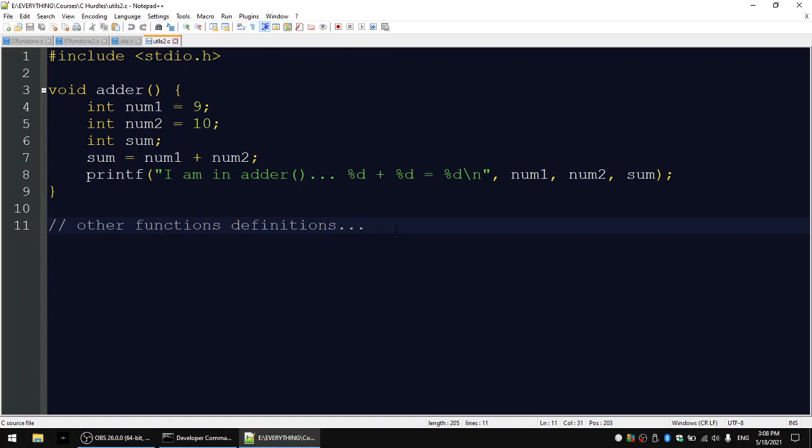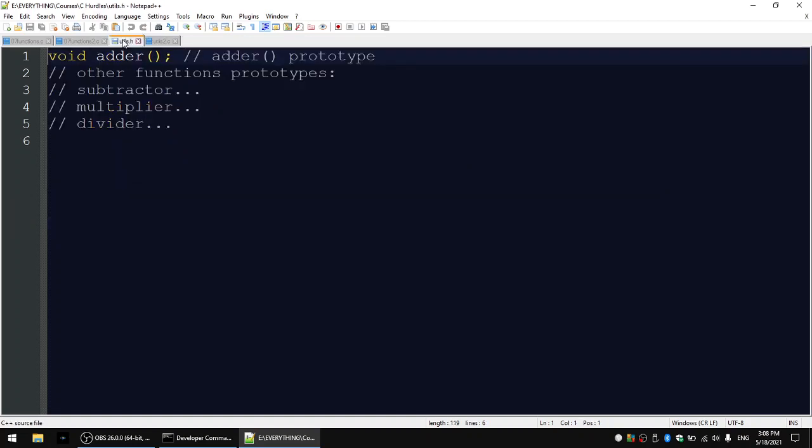And you may also create a header file where you put all your functions' prototypes. Sometimes we call a bunch of functions a module. So you see in the utils.h, I'm going to put all my functions' prototypes.